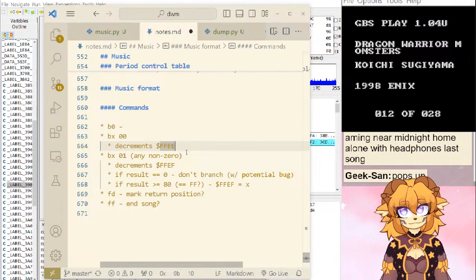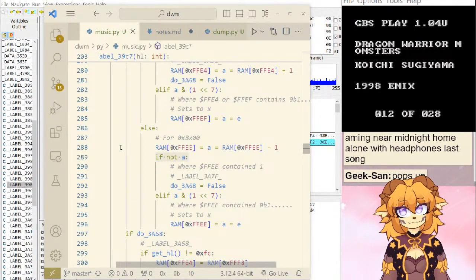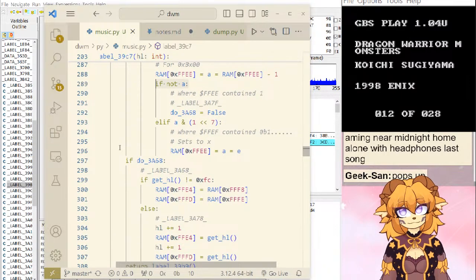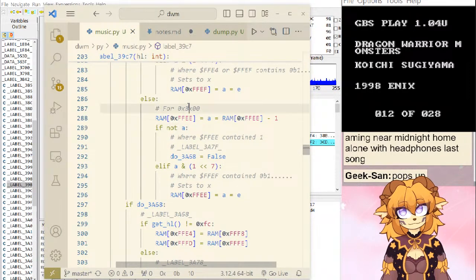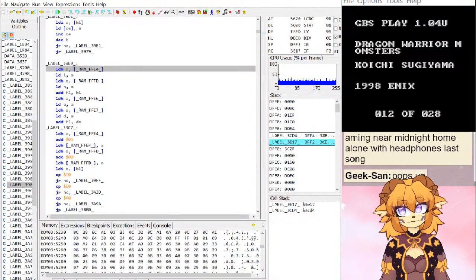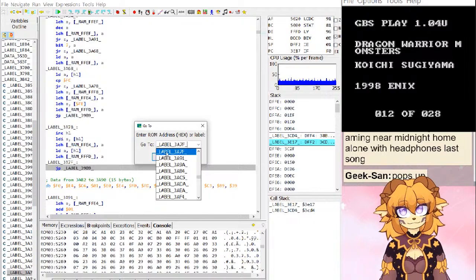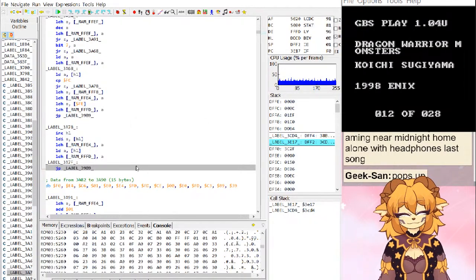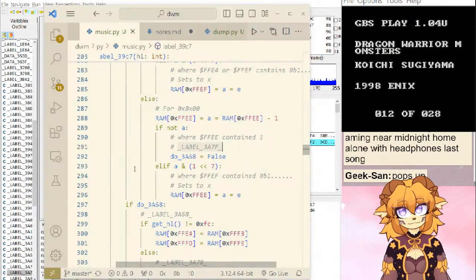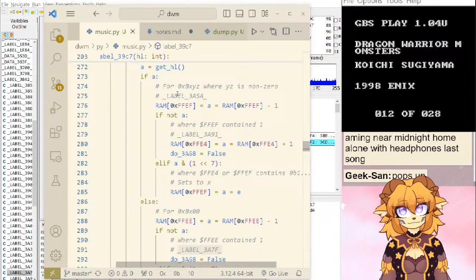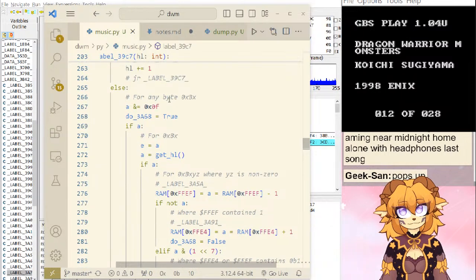So it decrements FFEE, and if result is 0, it also doesn't branch, but it doesn't increment HL, which is strange. And I suspect that's not quite correct. But unsure.